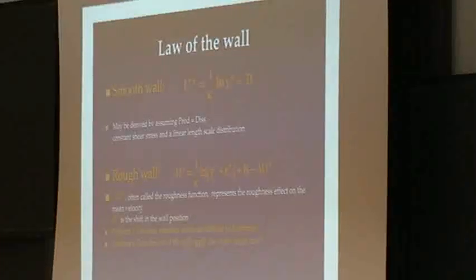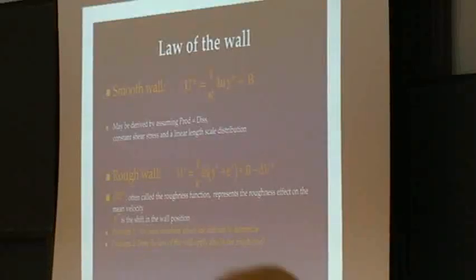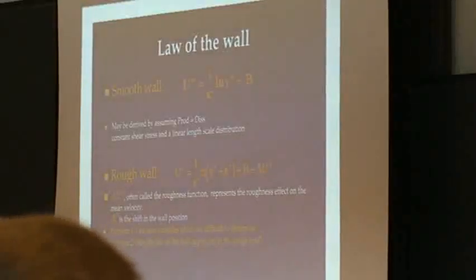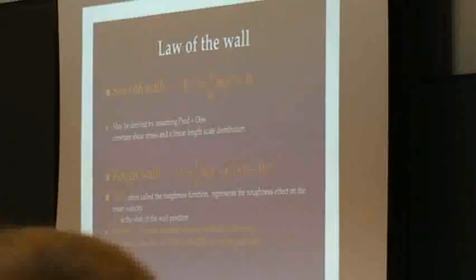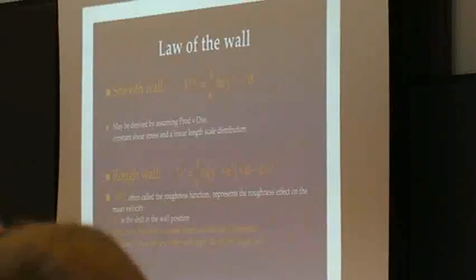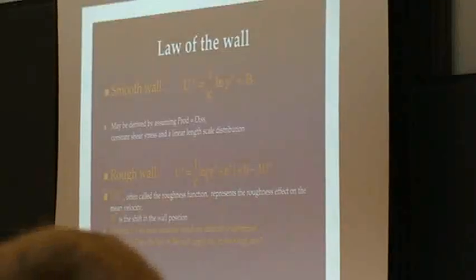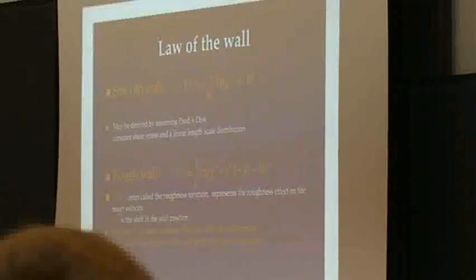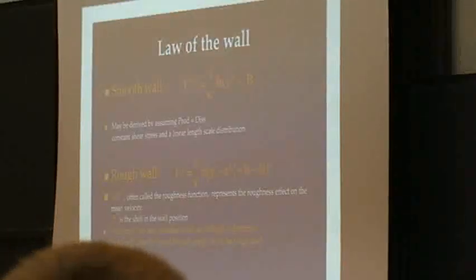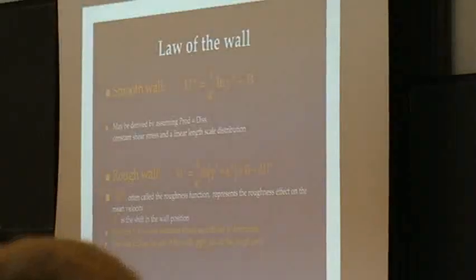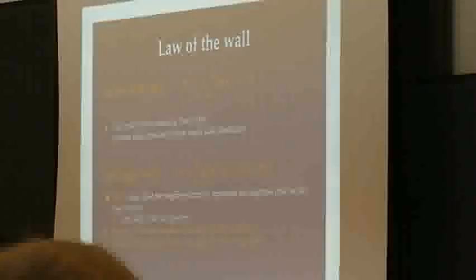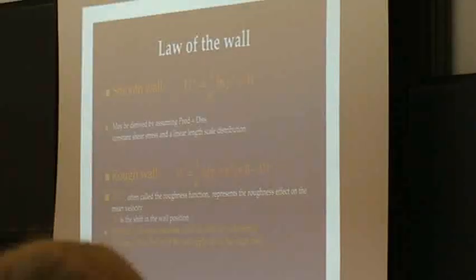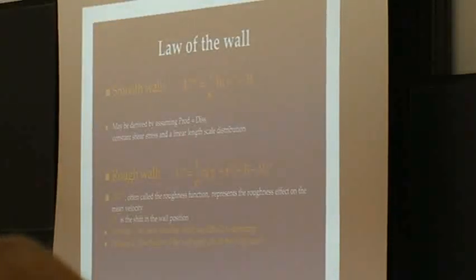This has effects on the logarithmic layer. In the case of the smooth wall, we know all the constants, basically. Some people may argue that we don't really know what kappa is, but kappa and B may be linked, and if you know one, then you should be fairly confident that you can determine the other one. So the only unknown in this equation is the friction velocity, which is very important because that's our main scaling quantity. So we would like to determine that very accurately.